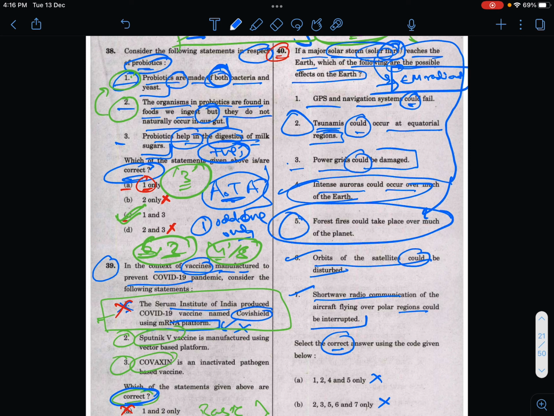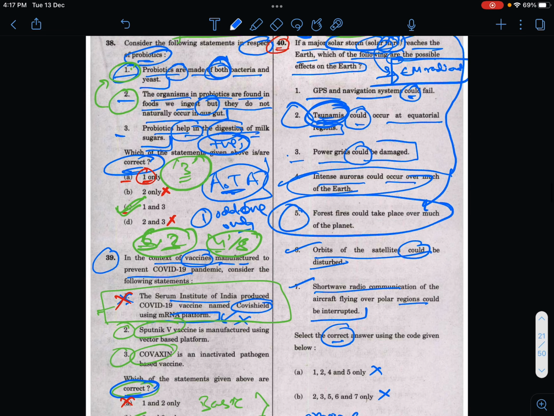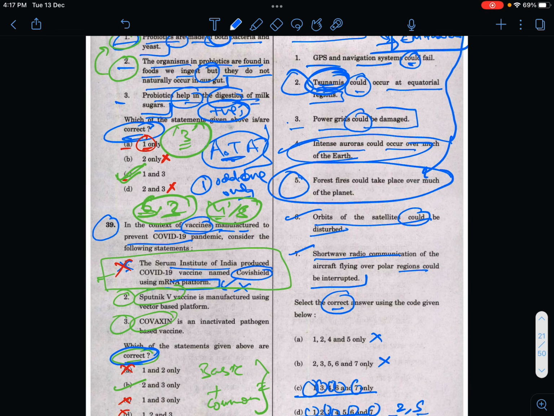And solar flares do not have a one-to-one correlation with tsunamis at all. We haven't read about solar flares being a causal factor of tsunamis when we have read tsunamis in geography. So you have to be confident also in the basic sources you read. Sometimes you can get confused that maybe tsunamis could be related with solar storms, or maybe I have not read it. It doesn't work like that. If you read the basics about tsunamis and you have not read that tsunamis are strongly influenced by solar storms, be rest assured that it is not.